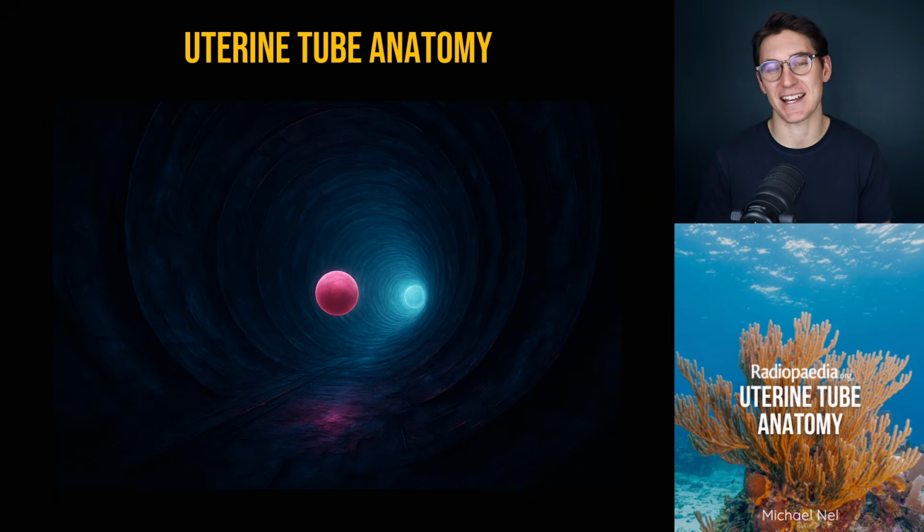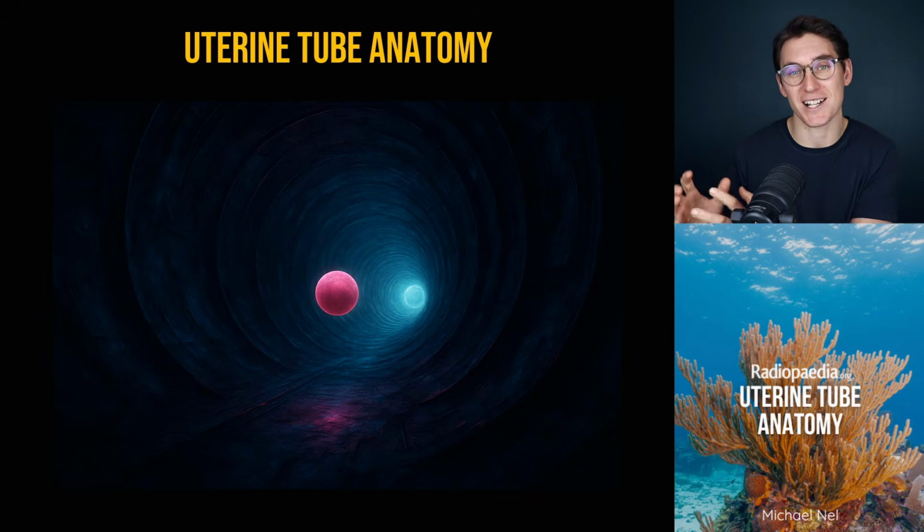Today we're going to be looking at the anatomy of the uterine tubes, or the fallopian tubes. Now it's important to remember that normal uterine tubes are not usually visible on ultrasound, CT or MRI imaging. It's often only when there's pathology that the tubes themselves become visible. Say there's an ectopic pregnancy within one of the tubes, or there's fluid or pus that's causing one of the